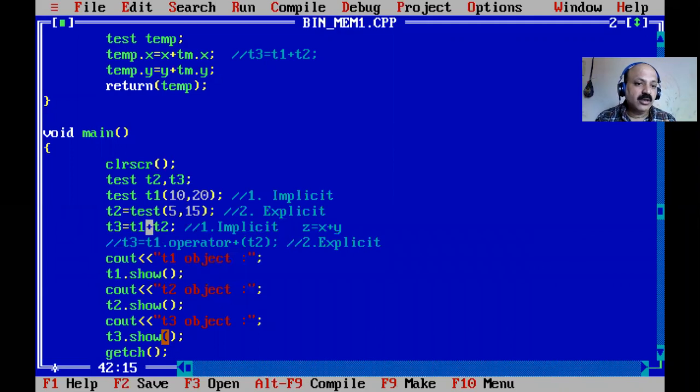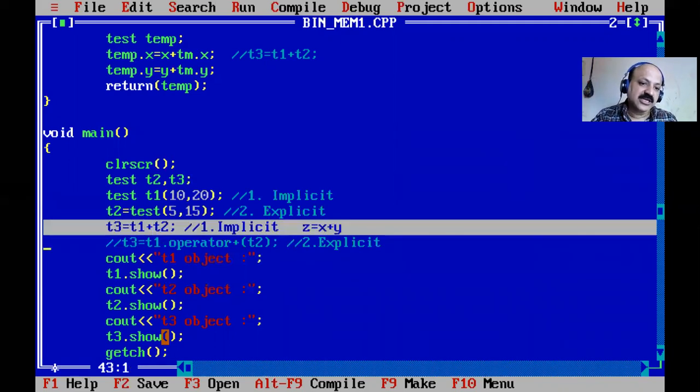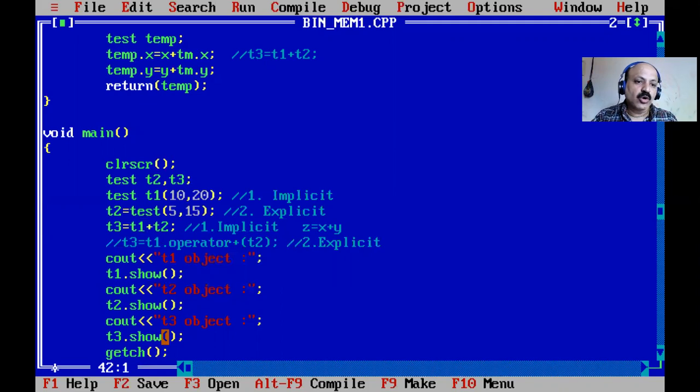So giving the existing operator a new meaning, new tags or new behavior, that is called operator overloading. So that statement is also possible. The main goal of object oriented programming is that however many statements are possible with an inbuilt data type, we can write them with a user defined data type. So that is the proof now.